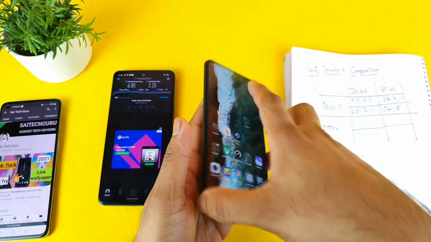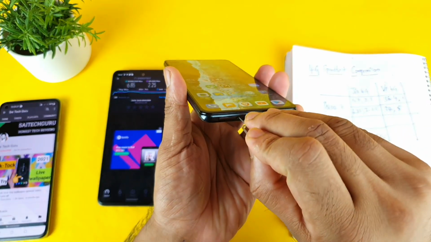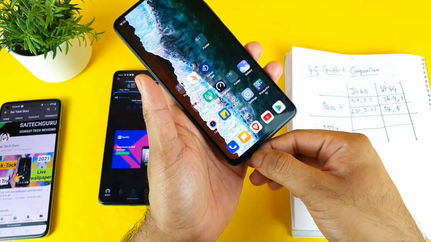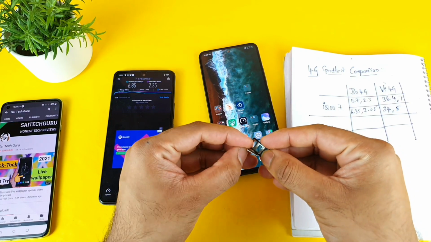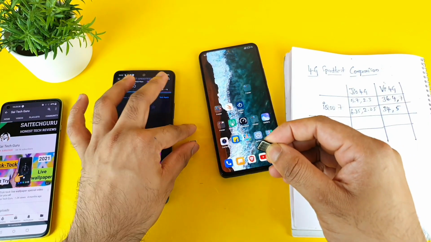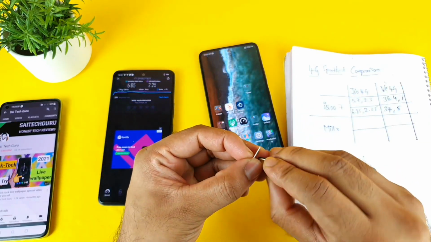Yes, and now let's see in this Mi11X device. There is no other SIM card installed in this Mi11X at the moment, as you can clearly see, friends. I'm ready to keep the SIM cards in both directions.